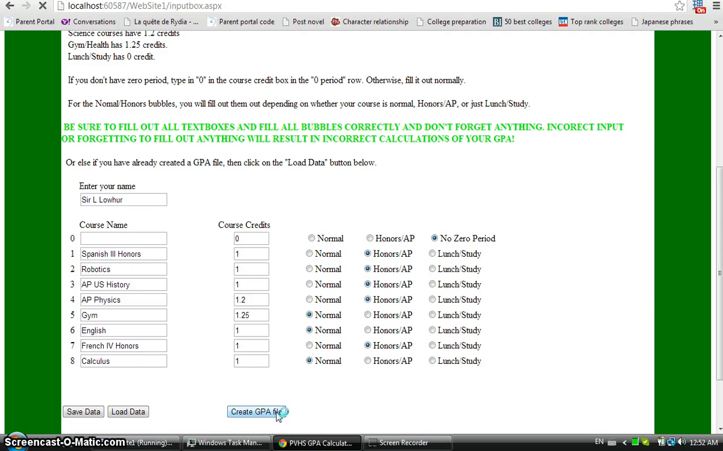What this does is save the information you have on this form into our browser cookie, so that next time you come onto this site and come back to this page, it will reload all the information. This is really useful if you're going to use this GPA calculator multiple times, which you probably will. You won't have to retype anything. So let's create our GPA file,